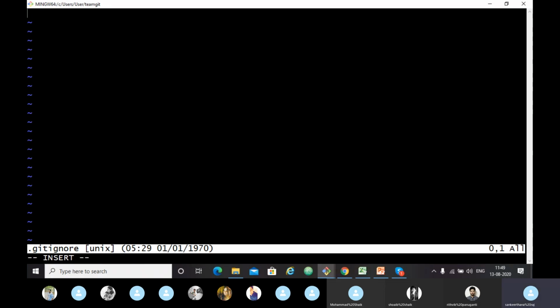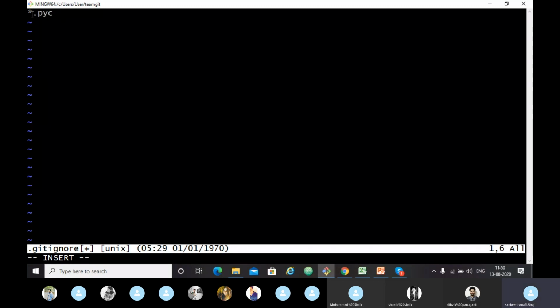press caps lock plus I to insert into it. Now you don't want anyone to track pyc extension files. For that we have to use asterisk. We have created only one pyc extension file, but if you have many, any files you don't want to track, you can just use asterisk dot pyc.